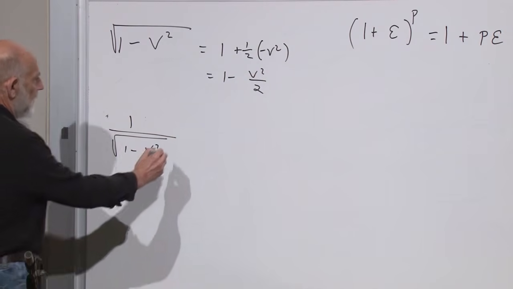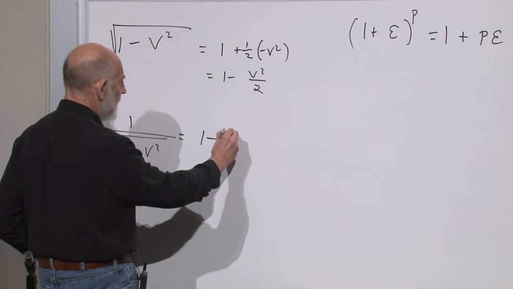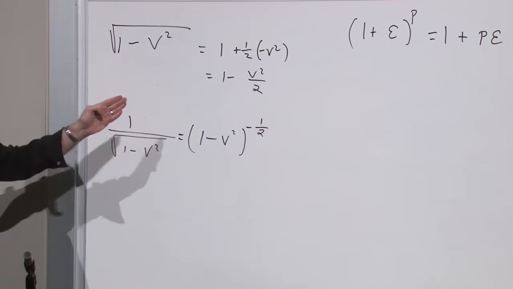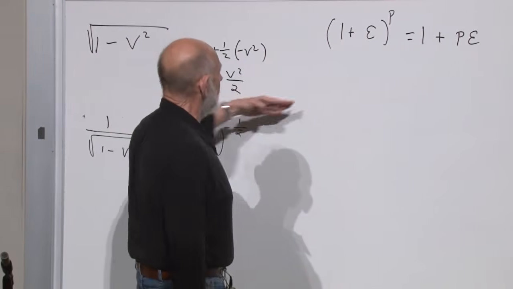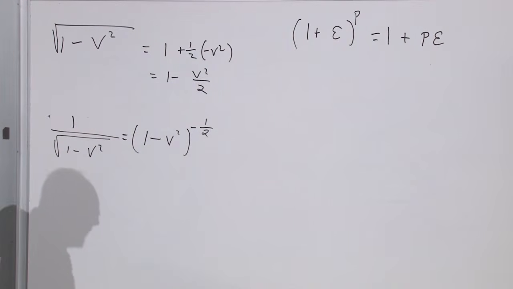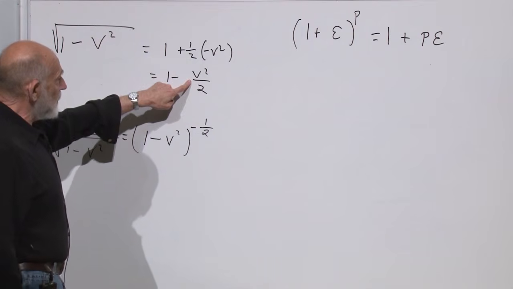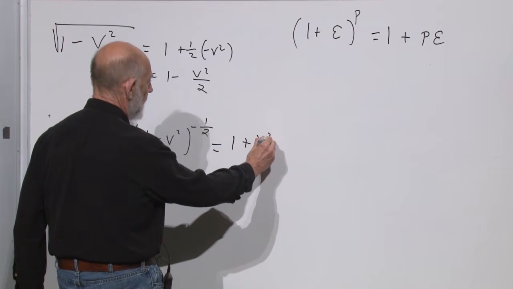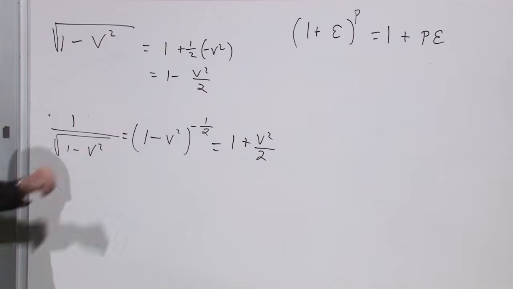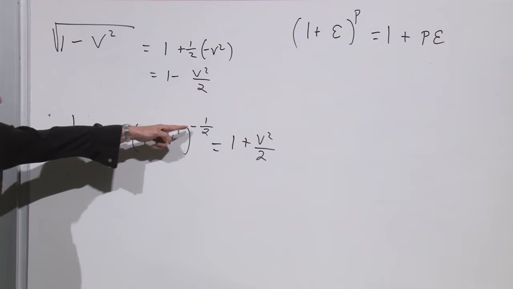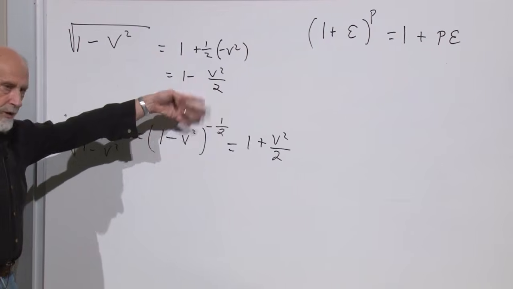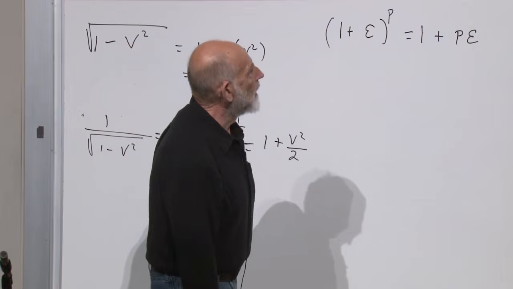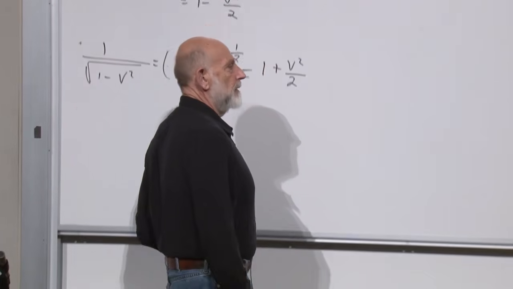This case is the same as (1 minus v squared) to the power minus 1/2. The only difference relative to what we just did above is that p is minus 1/2. That has the effect of changing the sign here so that this becomes 1 plus v squared over 2. Two signs have conspired to cancel each other. The sign from the half up in the exponent and the minus v squared here give us 1 plus v squared over 2. All right, so that is just by way of